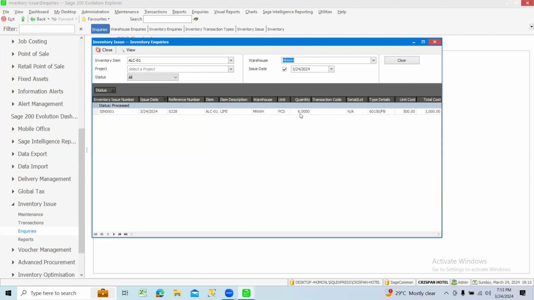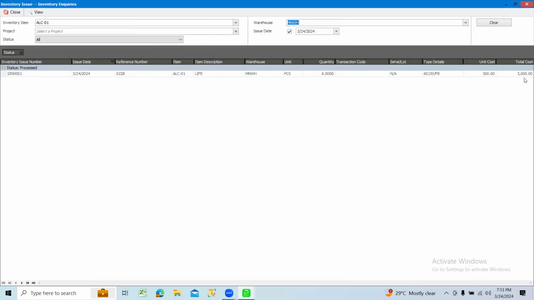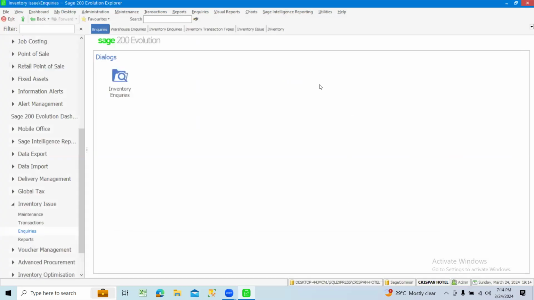We issued out 6 to which people? Remember that code we put here, which is staff meal F&B. And you see how much it costs. Let me expand this. It cost us 3,000 naira. All right. So this is the F&B, they are enjoying the food. Yes. So the next one is